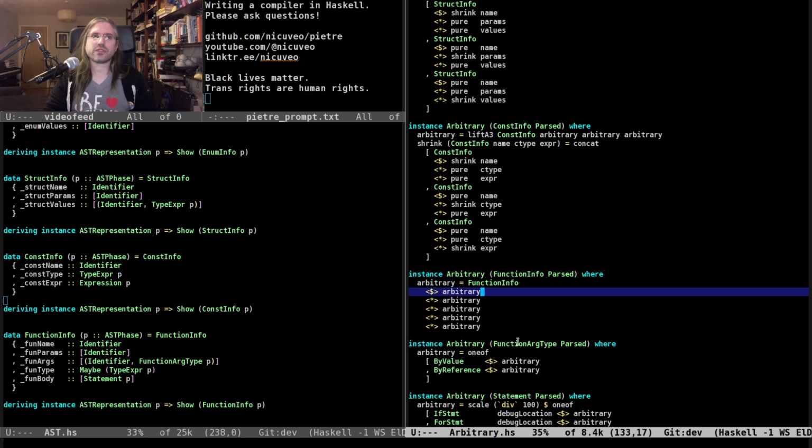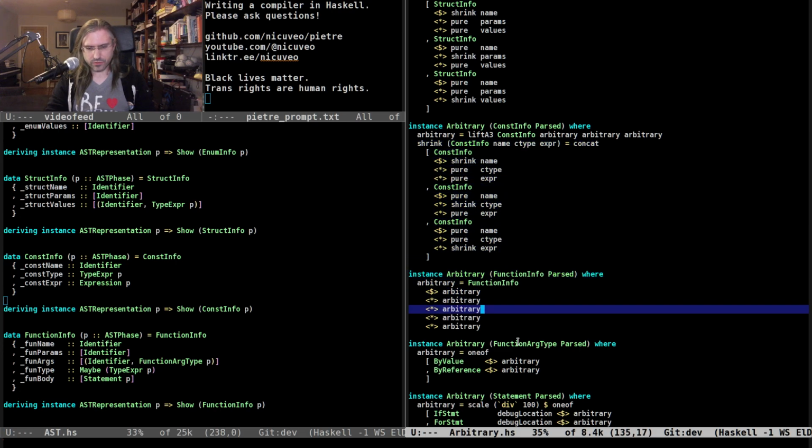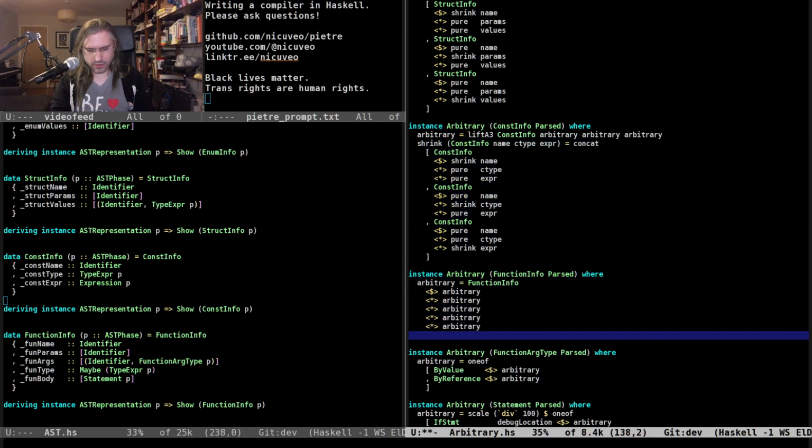Can I do this in a slightly less ugly way? I can probably rewrite this to avoid using this syntax for something this big. So I'm trying to shrink a function info that has a name, parameters, arguments, return type,